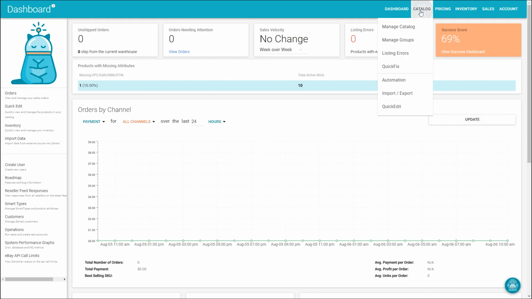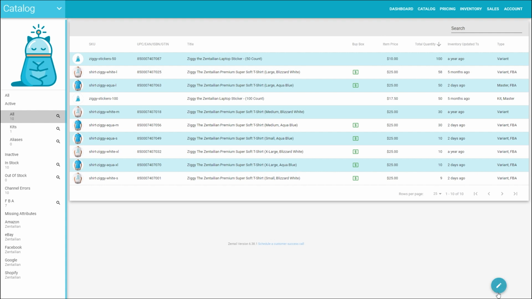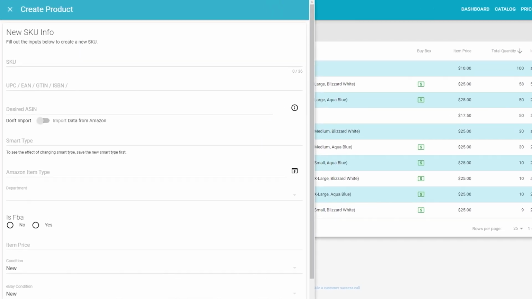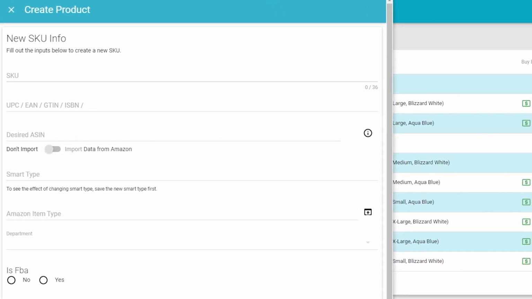On your catalog page, which can be found at the top right of nearly all Zentail pages, you'll notice a small pencil icon on the bottom right of the screen. Clicking this will bring up the Create Product pane. This pane shows the bare minimum fields that are required to list an item to most channels. There's a great deal more product data that you'll want to assign a given SKU, but we'll stick to the